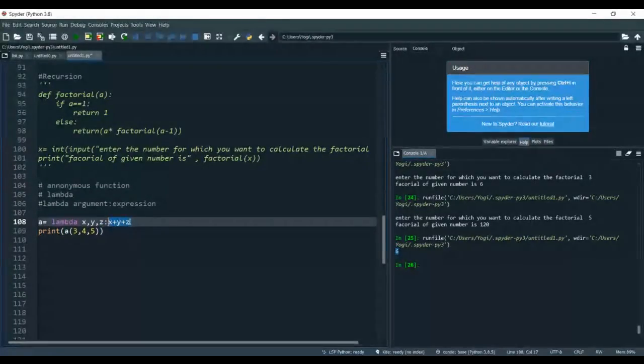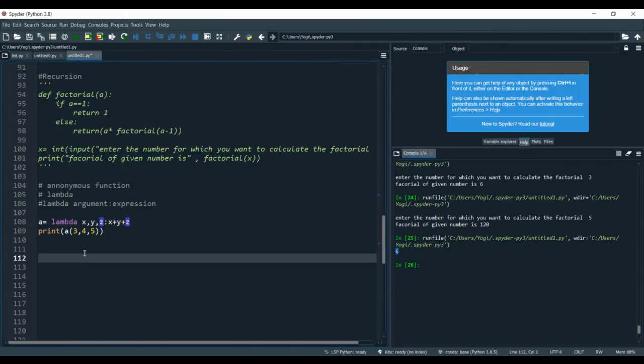So this is one expression. If with the help of a comma I write another expression, it will give you an error. So you can pass one expression and multiple arguments at a time, right? So you will get the sum of these numbers. Clear?